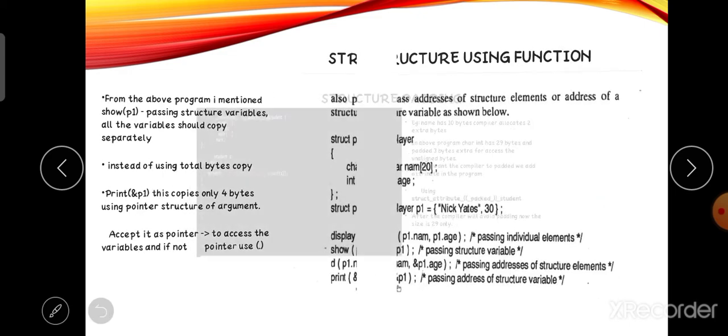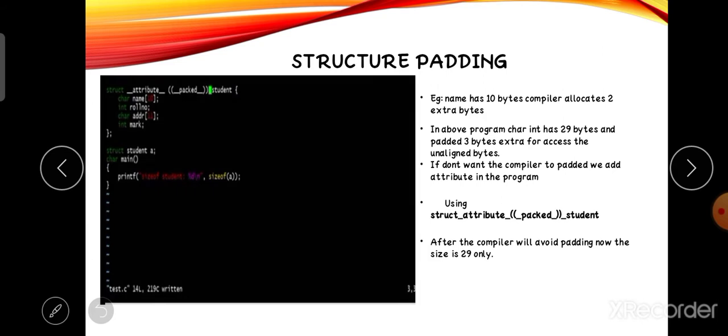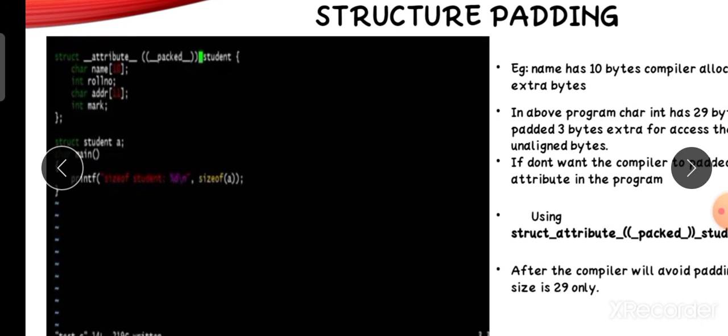From the next slide, what is structure padding? It is a new topic in structures. In this program, we use the character name, roll number, address and marks, and all of these in this structure occupy bytes.